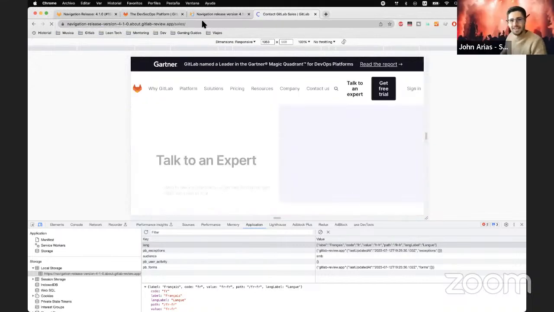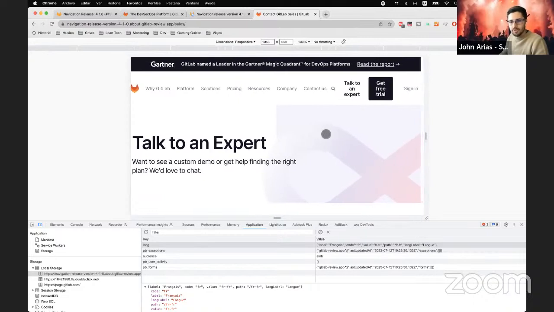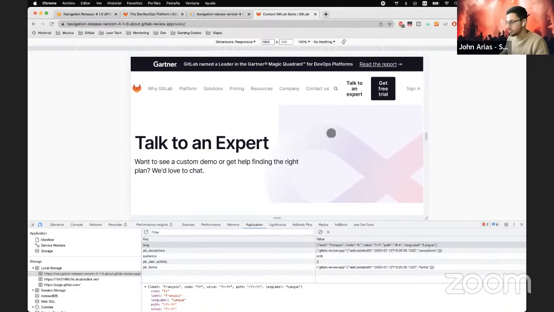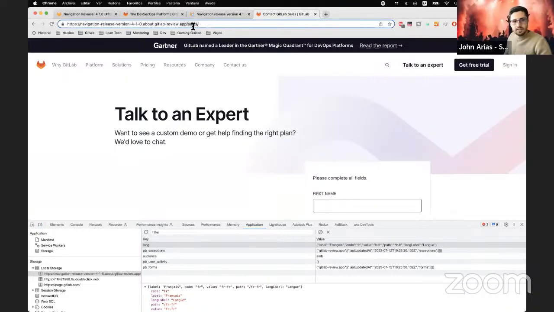Thank you so much. Yes, so we have the talk to an expert button. Previously, in this size of the page, we had a horizontal scroll. As you may see right now, we do not have a horizontal scroll, so that is fixed also for this release. We also have the Sixth Sense change